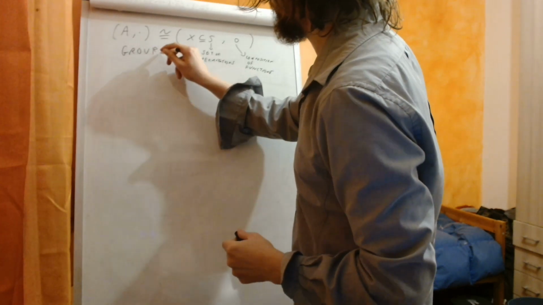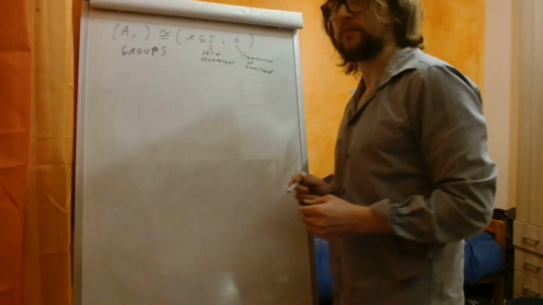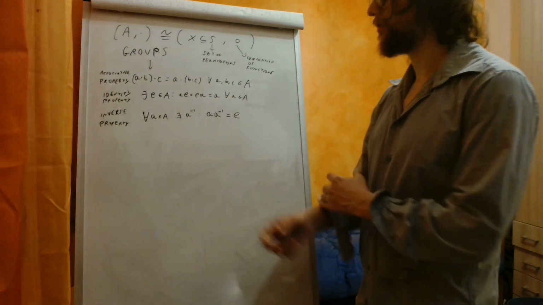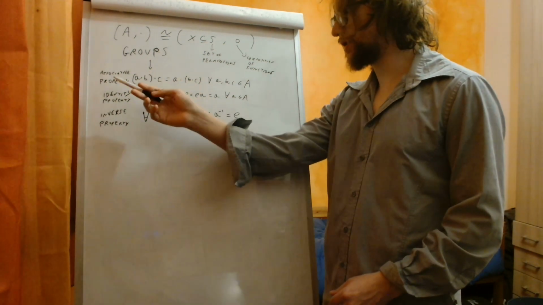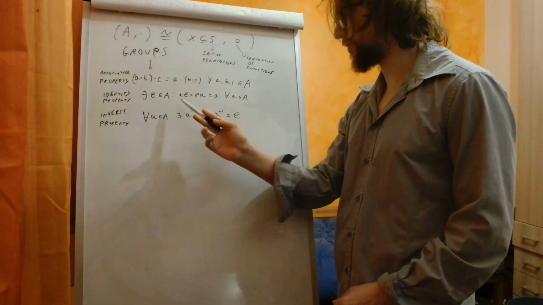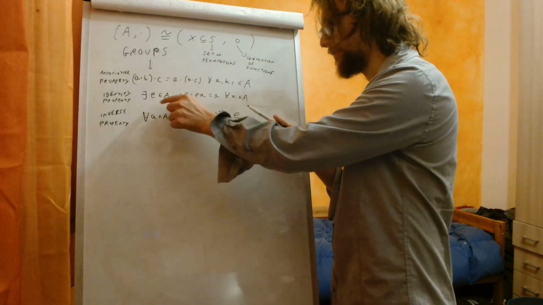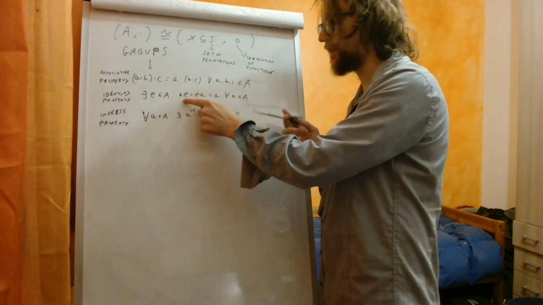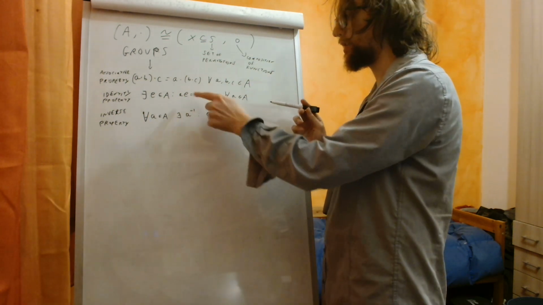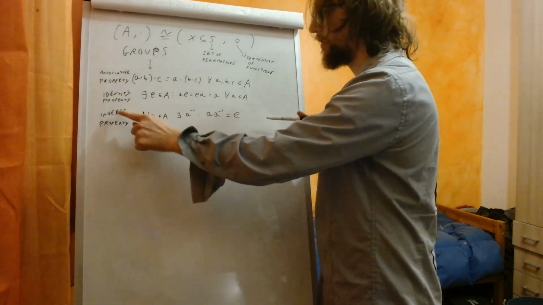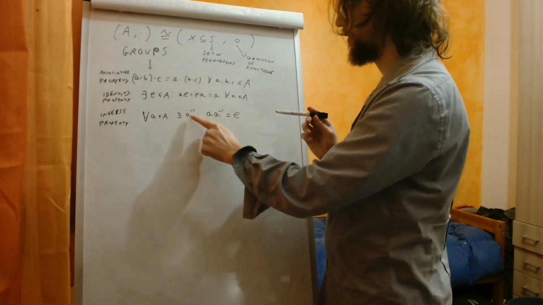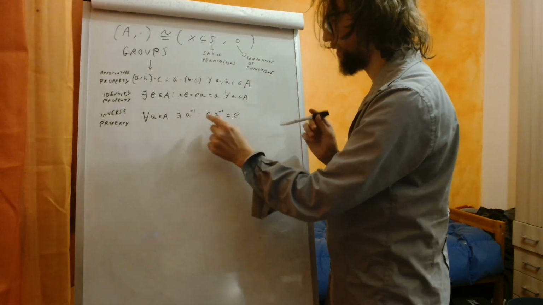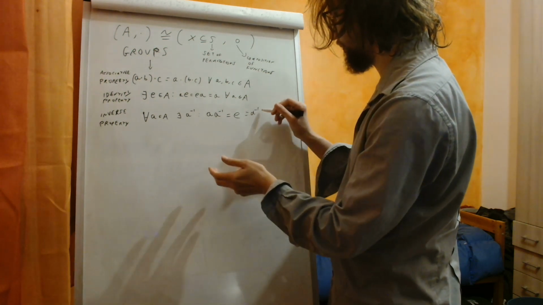So we found the groups. Groups are those magmas which have these properties: the associative property, the identity property, which means that there exists an element, usually written E, such that if you do the operation with A, it does nothing, and the inverse property: for every element A, there is an element A to the minus 1, such that the operation between the two, and you can do it both ways, of course,